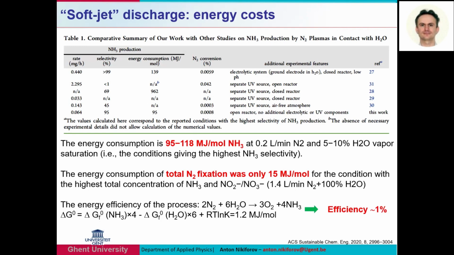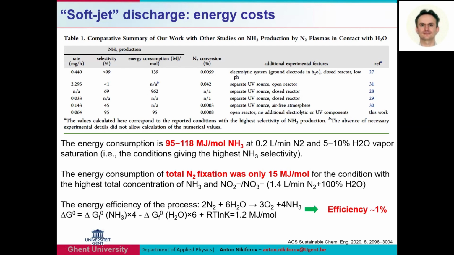Honestly speaking, if you look at the literature, there is no plasma process now capable of producing ammonia with low energy costs. Either you need to go to low-pressure microwave systems, but then low pressure is hard to transfer to industry, or if you use atmospheric pressure, then energy costs are higher. In our case, the efficiency of ammonia production was about 1%. So if you compare with the Haber-Bosch thermodynamic limit, we are still very, very far away from the industrial demands. So the question would be to improve